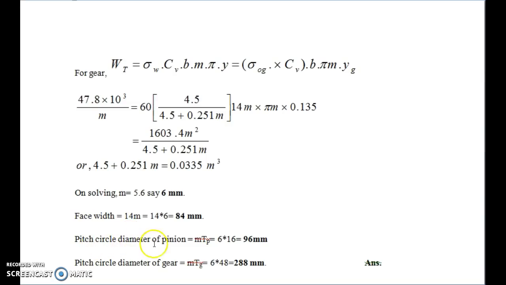Next thing, pitch diameter of the pinion, m Tp: module 6 multiplied by number of teeth 16 equal to 96 unit. And pitch diameter of the gear, m Tg, 6 multiplied by 48 equal to